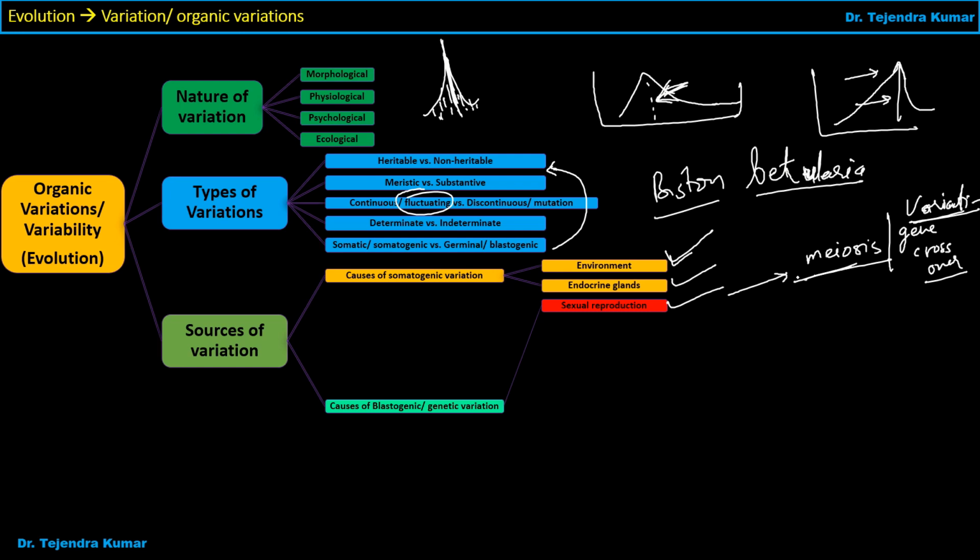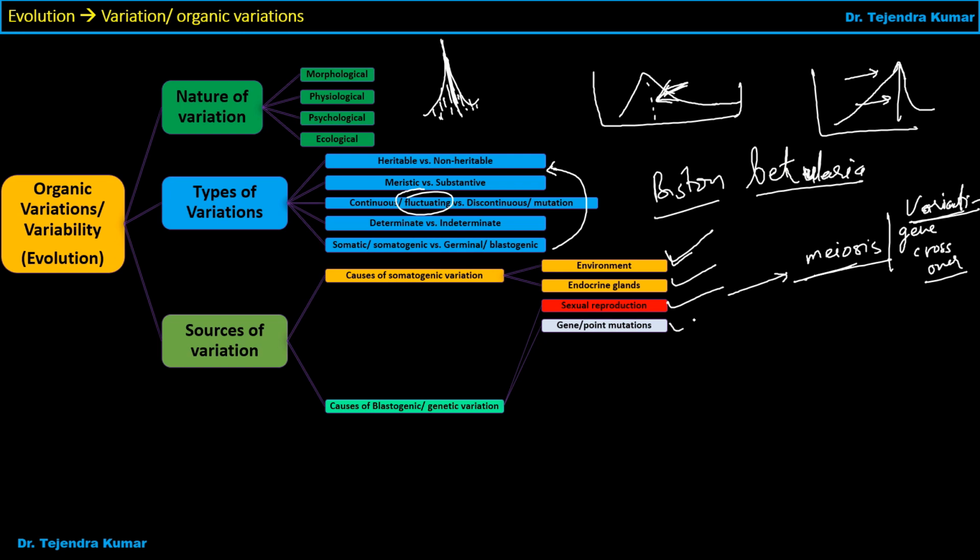Likewise, we can see our skin cells. These are doing mitosis, and that's why all the cells of the complete skin are similar. They do not take part in sexual reproduction or meiosis. But those cells which are gametes change their characters and mix with another gamete, one from the father and one from the mother, and that's why different types of genes are there. They originate a new organism, so their characters are different. This happens just because of sexual reproduction or meiosis.